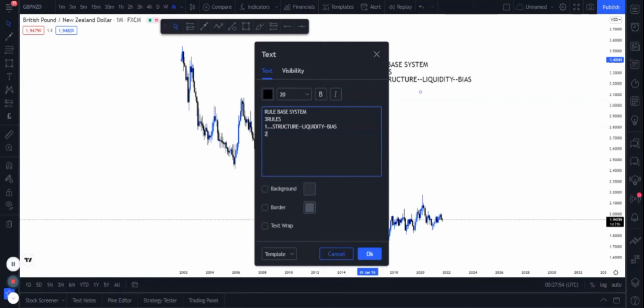Two, inefficiency, supply and demand zones. And three,